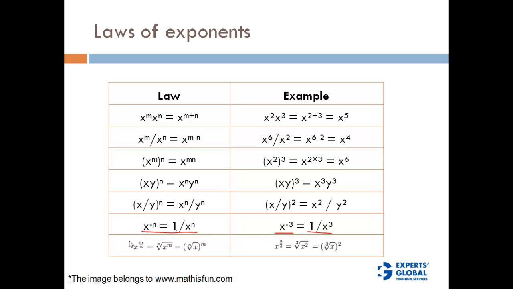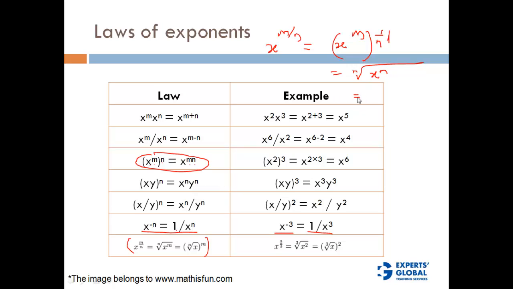x raised to m divided by n. Now this is interesting. x raised to m divided by n is also written as x raised to m into 1 by n, right? So we are basically using this rule: x raised to m into n is x raised to m the whole raised to n. So 1 by n, we call it the root. So what it means is the nth root of x raised to m,